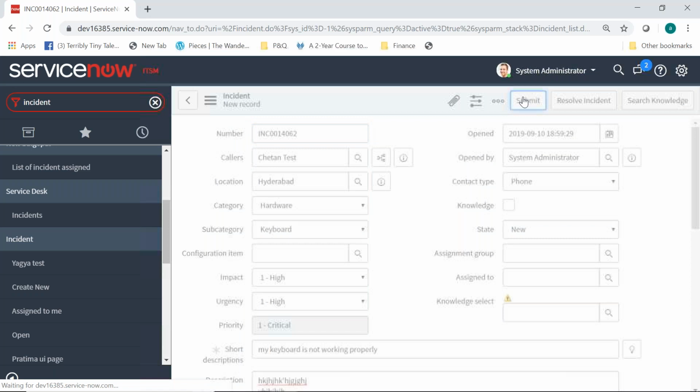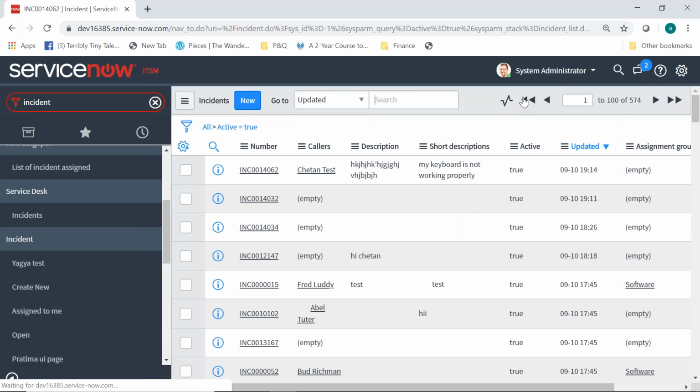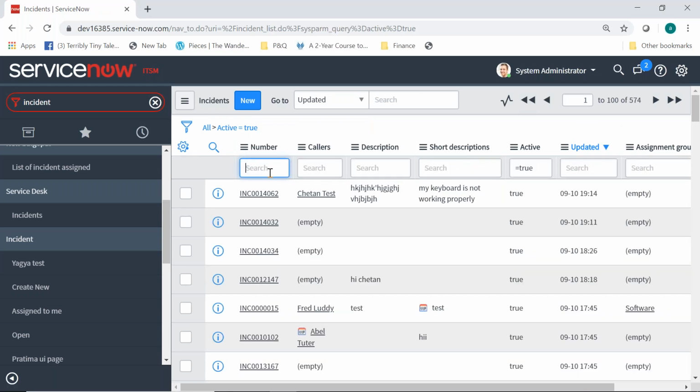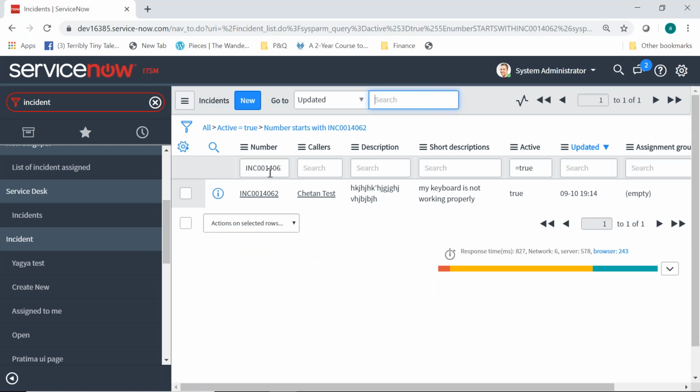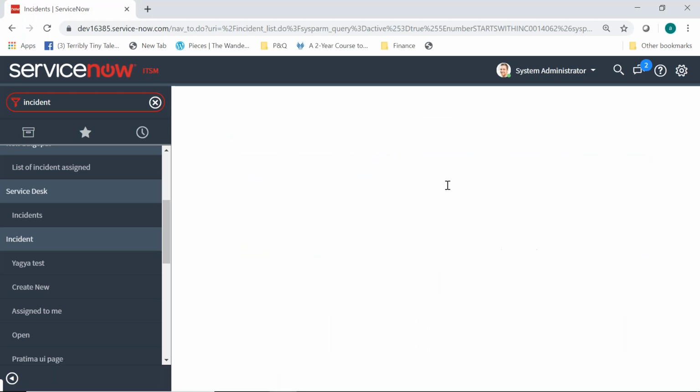When you have created the incident, a support team comes into the picture now. What is the work of the support team? If you have not populated the assignment group, the support team will check what category and subcategory you have specified in your incident. Based on the category and subcategory selected by you, the support team will pick up the assignment group. They will already have the information that this category, this subcategory should be assigned to this team.